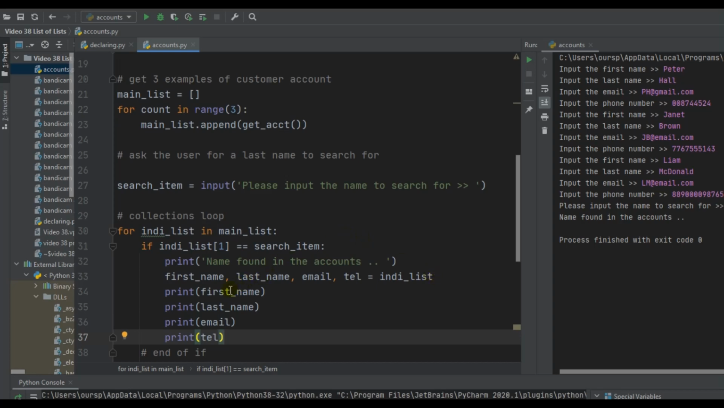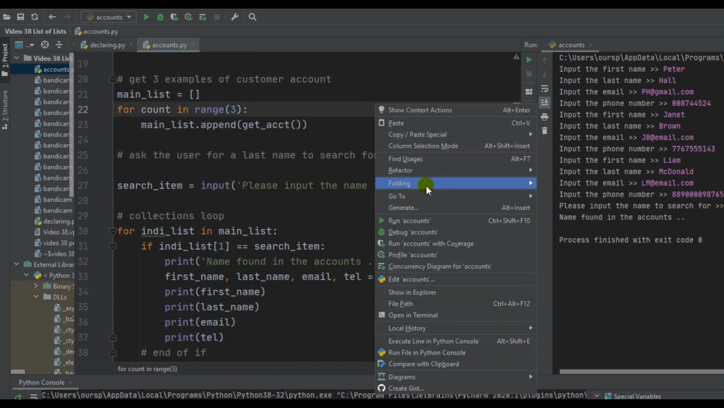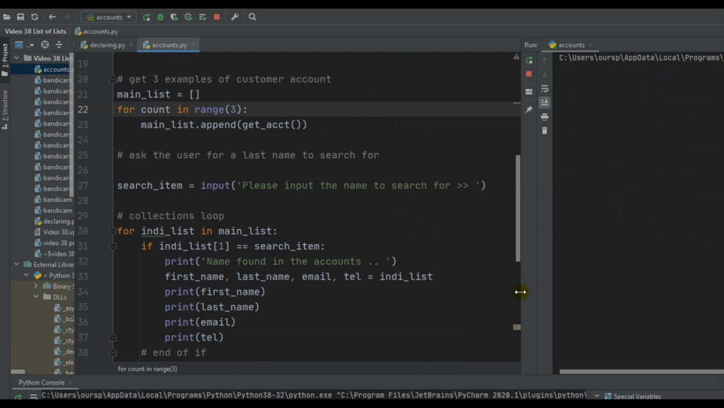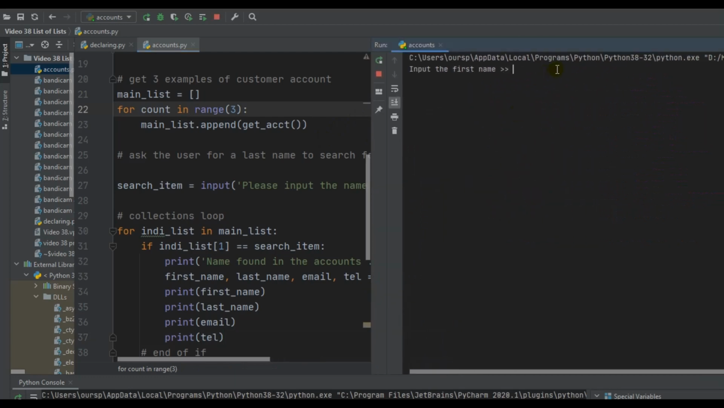So name found in accounts, and then it prints out the unpacked assignments to each of our variables. So that should do quite nicely. So let's test this again then. Okay, so first name,